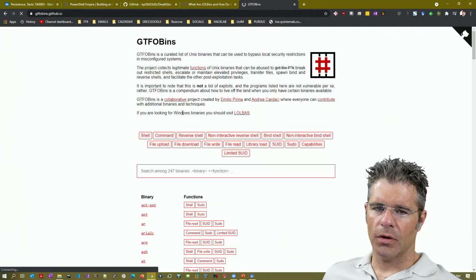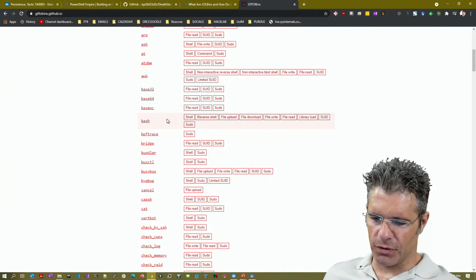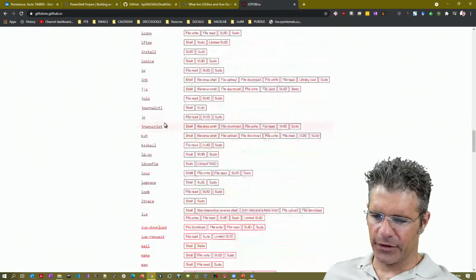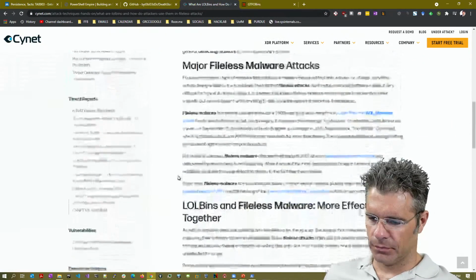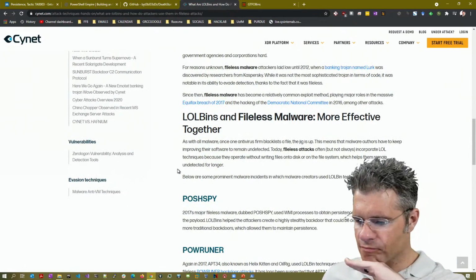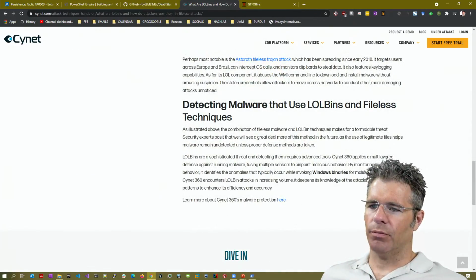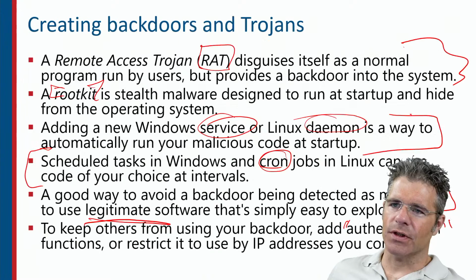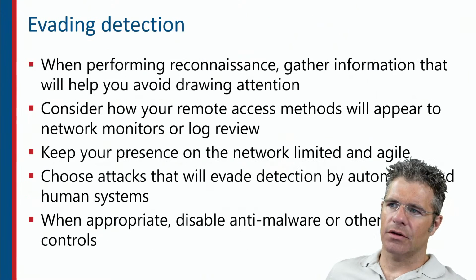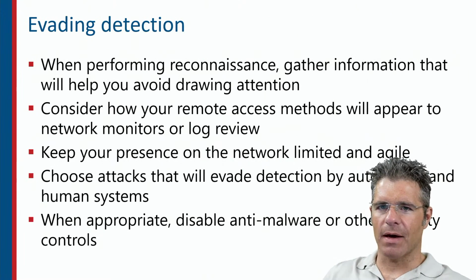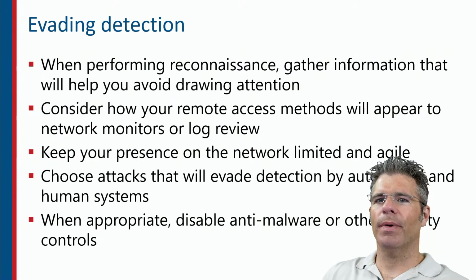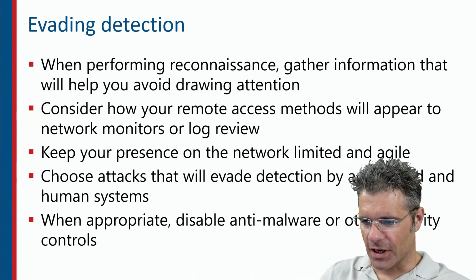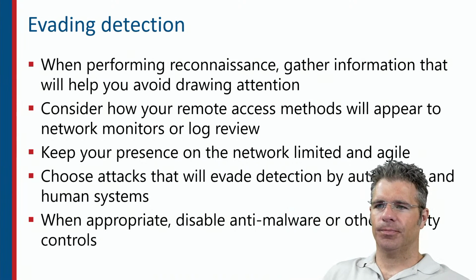So there are also pre-built binaries you can use for Linux to do all of this kind of stuff, and a bunch of pre-built things. If you're not using super sketchy MSF admin tools, you will do a better job of this, which is evading the detections.